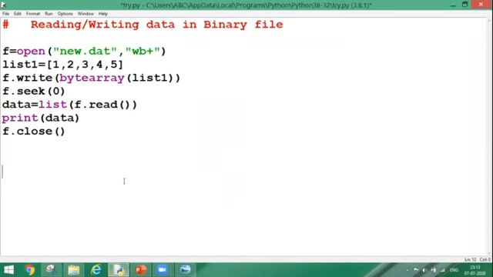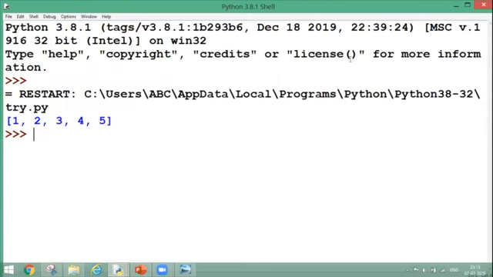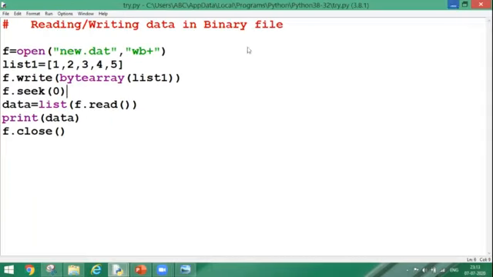Let's have a look. Through this example, I'm going to create new .dat. This is my previous example which we have taken earlier also, and we have opened the file in read and write, both the modes together. So this is my list one which we are writing permanently into my file, and finally we are placing the cursor in the beginning so that we can read the file from the starting. So let's have a look. F5. So my file is containing five elements over there.